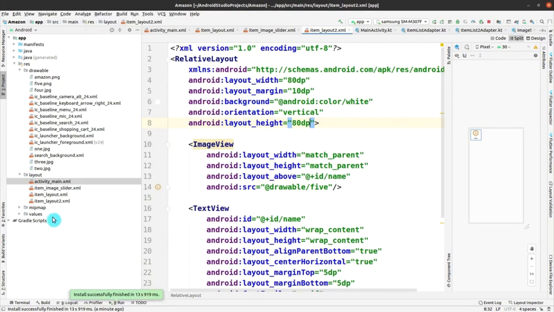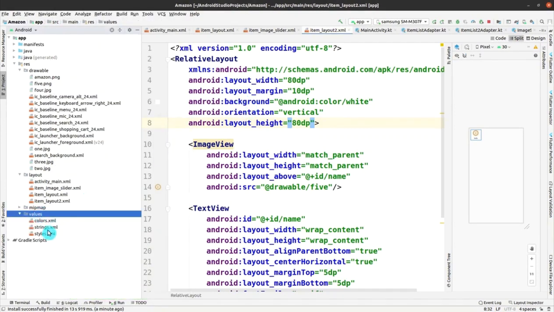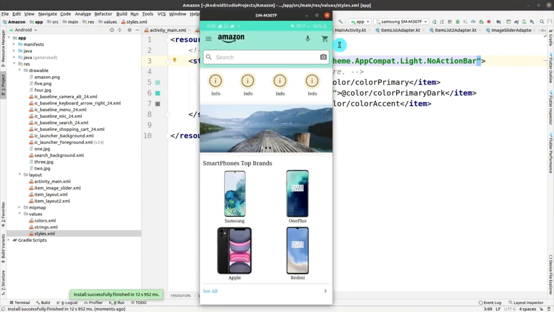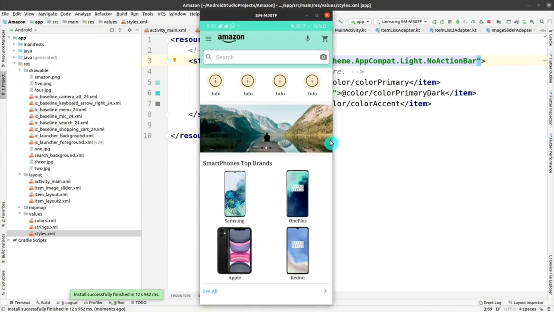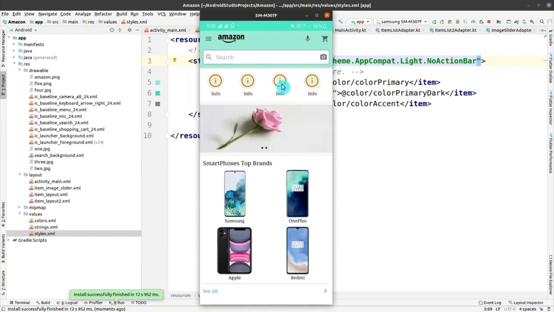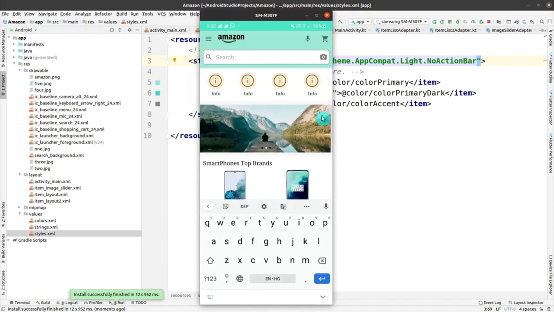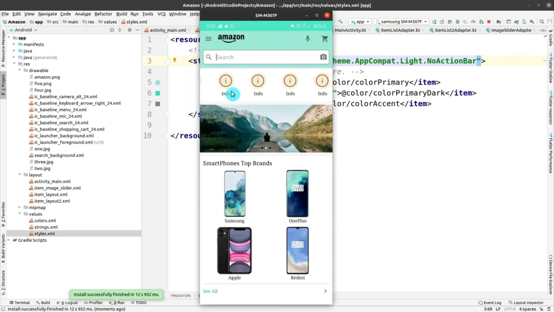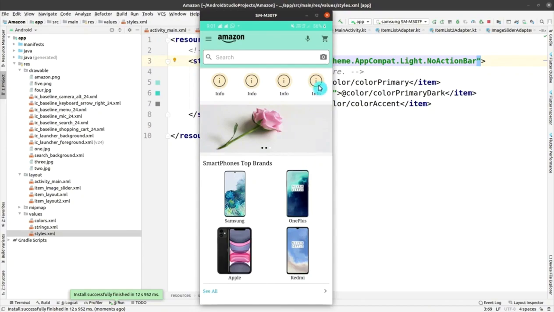So for that, let me go to the values, and within values I'll come into the styles, and I'll just change this app theme from dark action bar to no action bar. And now everything will be right. Now you can see that the app is ready to go. The UX is really good. You can see that the edit box is working. So you can see that story like options are also scrolling towards the